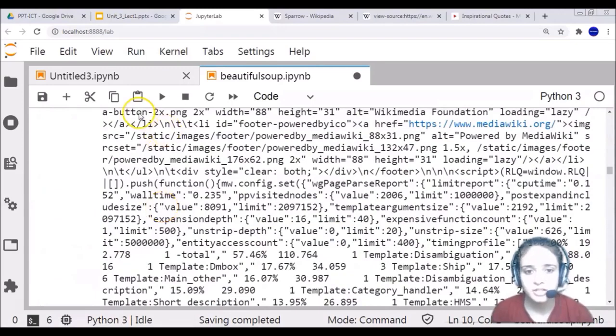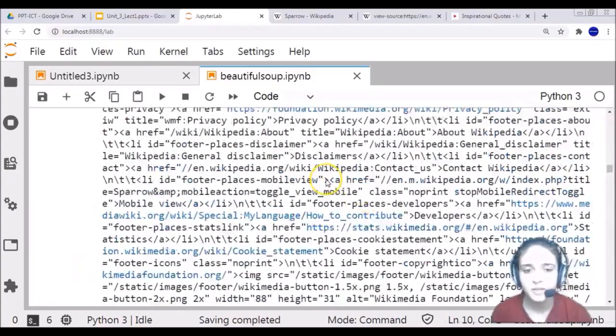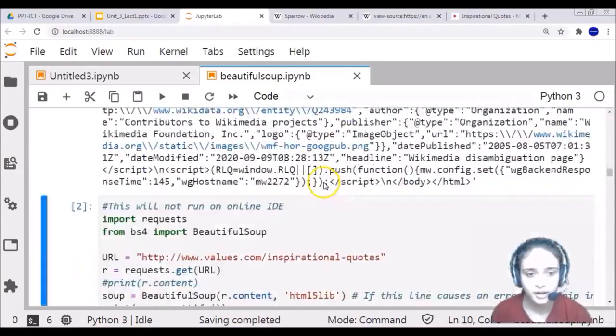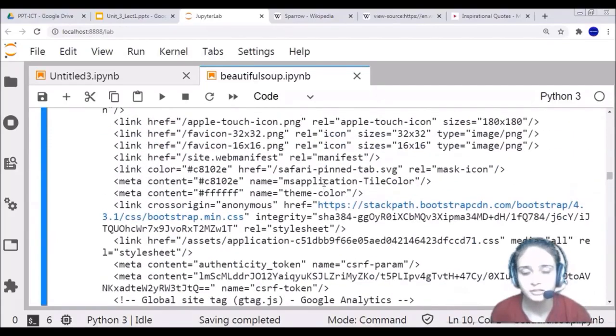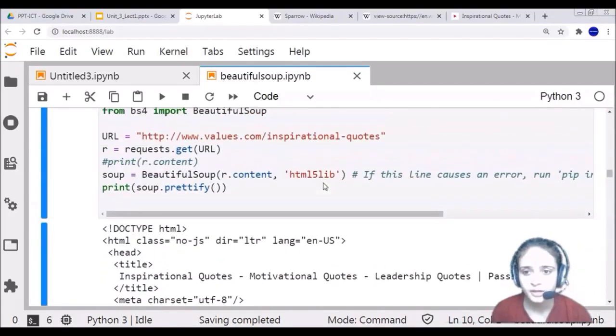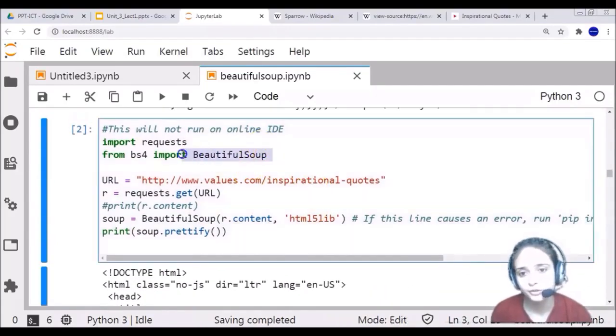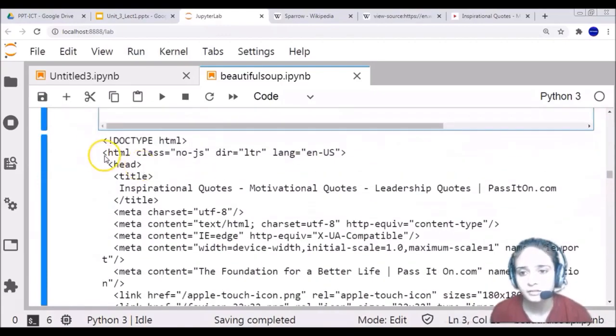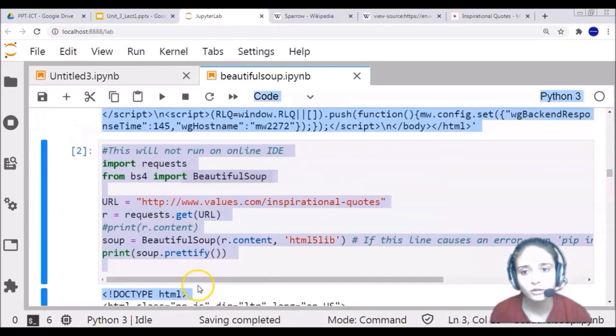You can see the previous output, where all the content is in a single line, and as the line gets over, it continues on the second line. It is difficult to read such content by just using the requests library, but if you use the Beautiful Soup library, you can see the content in an organized manner.